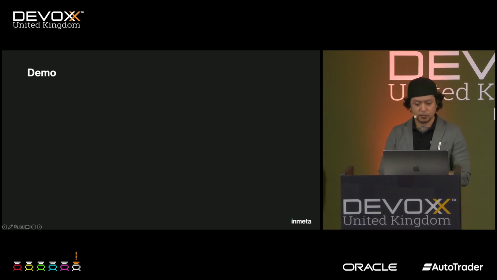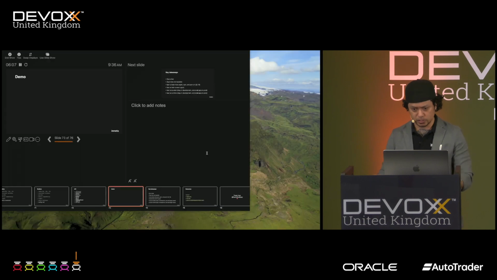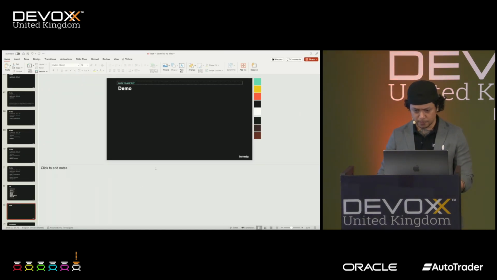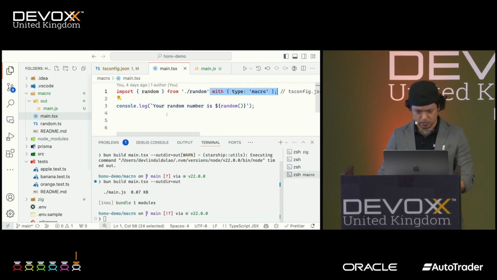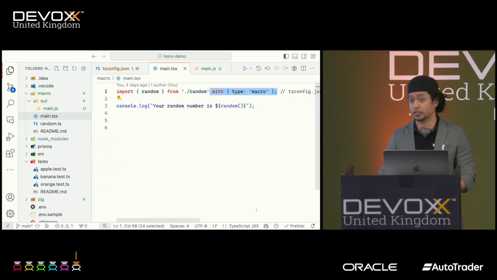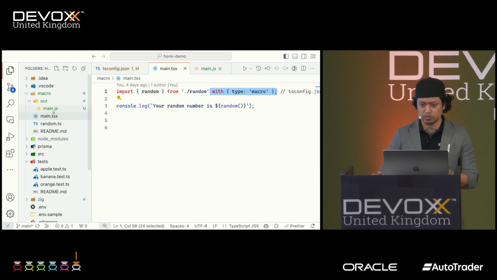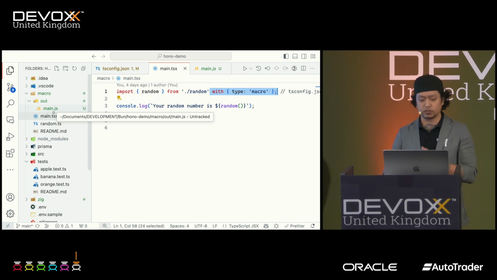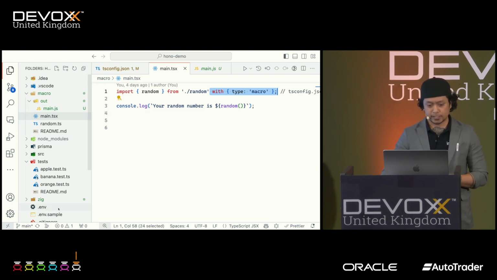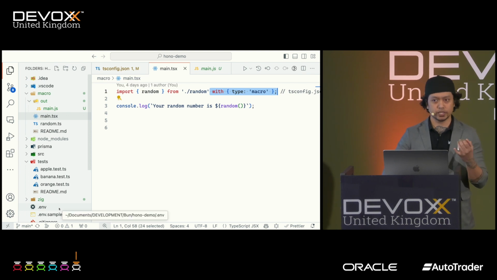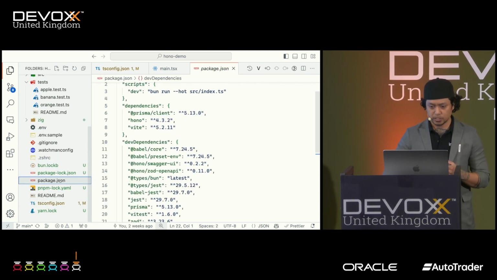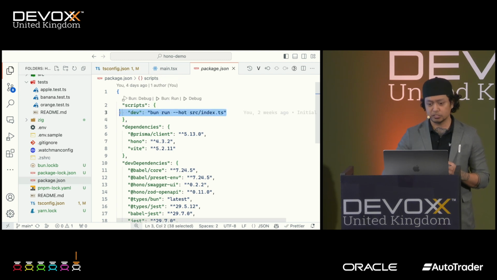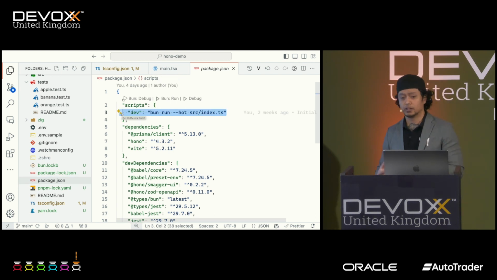Okay, for the runtime, what I can show you is a framework that uses Bun as its runtime. So this is Hono. This is a framework where you can build a full stack or an API or an RPC call, whatever. You can do a lot of things here. It's supporting Deno, Node.js, and Bun. I'm just going to show you the Bun part for the runtime, just like this, right?